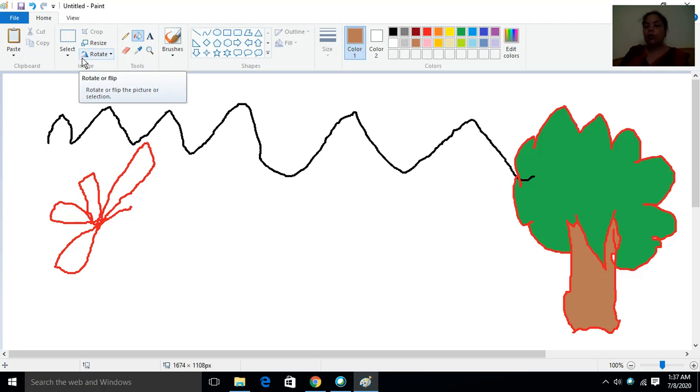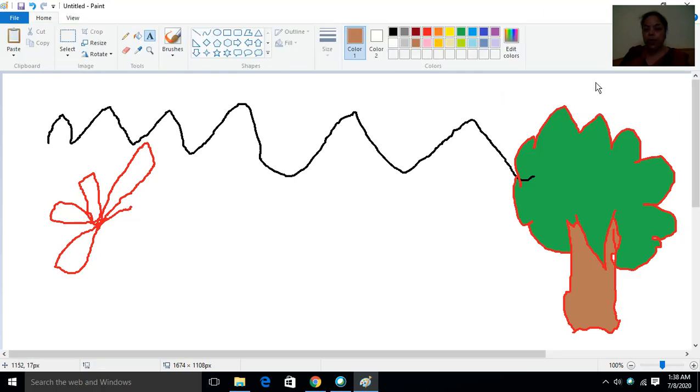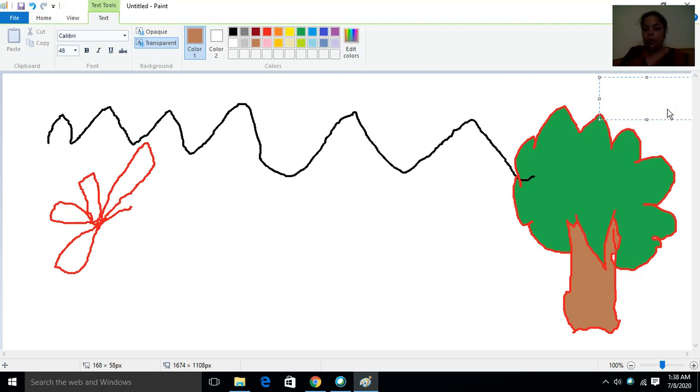Now I want to write the name of this picture. So what to do for that? For writing the name of this picture, I have to use the text tool. So to write the text, at first I will click on text tool. Then I will press the left mouse button and draw a box here where I want to write the name. Now here I will write tree. So before that I will make a small box and then I will write tree,